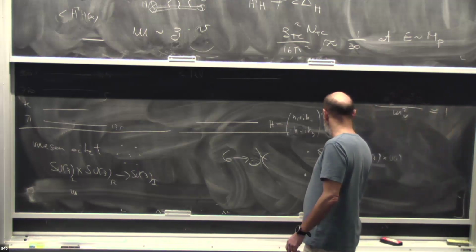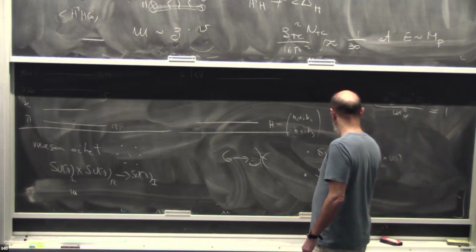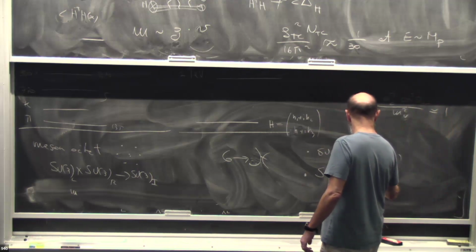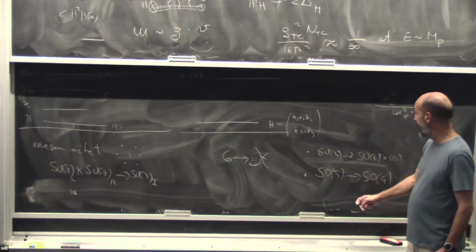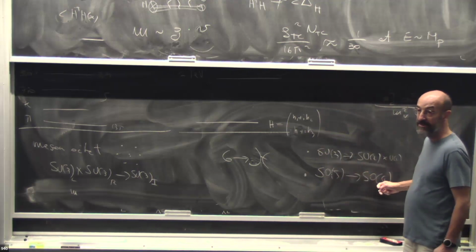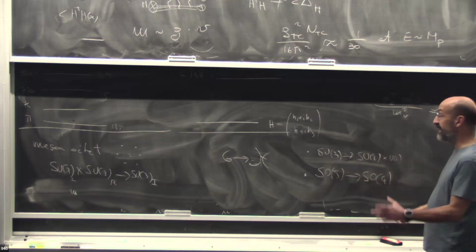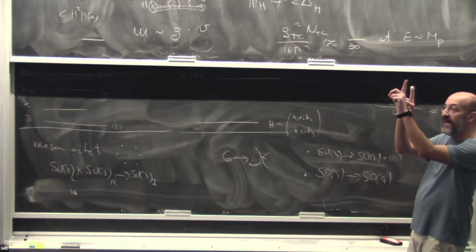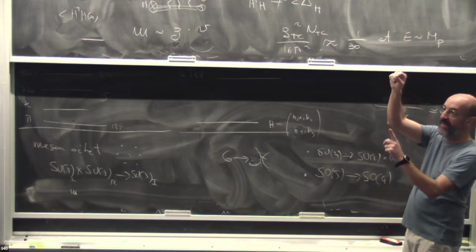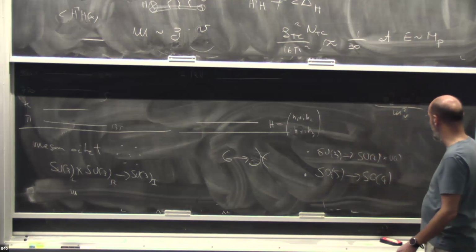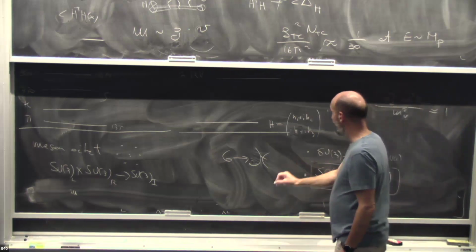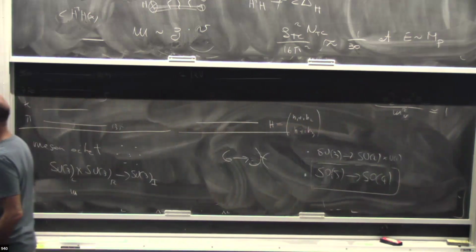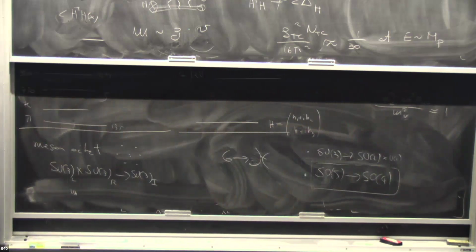On the other hand, there is another coset, which is SO5 over SO4. Here you see precisely it has 4 Goldstone bosons, you see it right away, 5 to 4. It's like breaking from a 5 of SO5 that acquires a vev, and the other 4 directions are precisely Goldstone bosons. And this is custodially symmetric. In fact, this is the simplest option that gives you the most realistic phenomenology, and this is the one that is most studied.